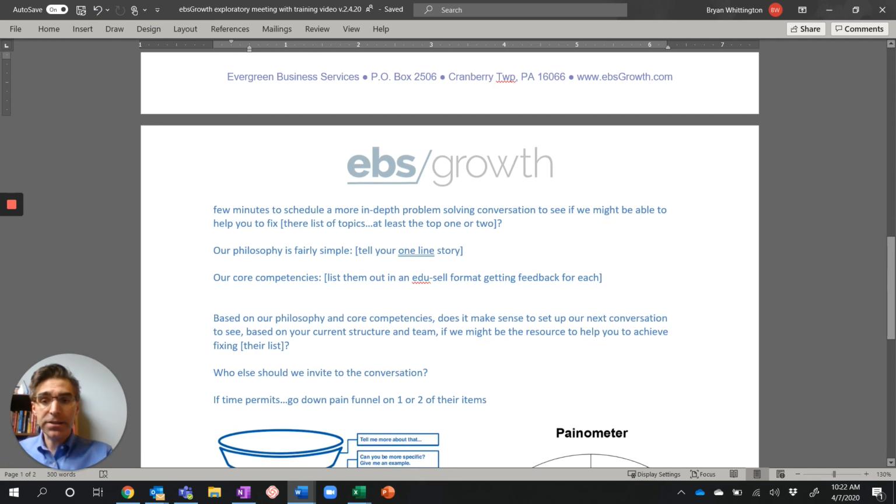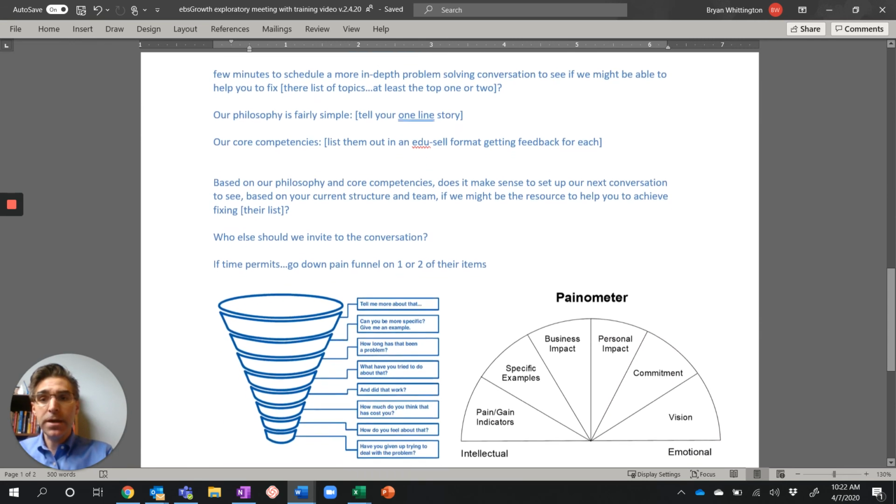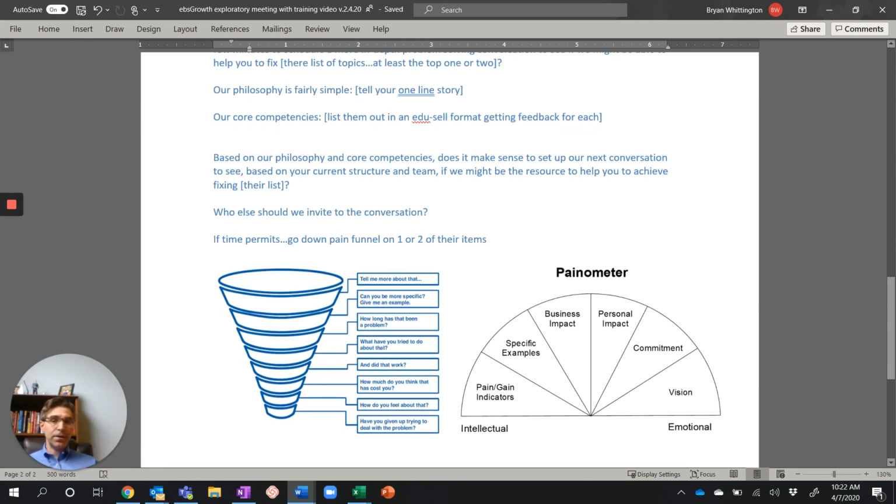Then you go upon this. After you're getting some feedback from them, then you go to this. Hey, based upon the conversation so far and looking at the clock, might I make this suggestion? It seems like, at least from a high level, there's an alignment of a philosophy and our core competencies. Why don't we do this? Let's set up our next conversation. Bring in whomever else we should bring into that call, and let's get that on the calendar so we can keep this progressing forward. Because I think, like I said, at a high level, there seems to be alignment here. Does that make sense?